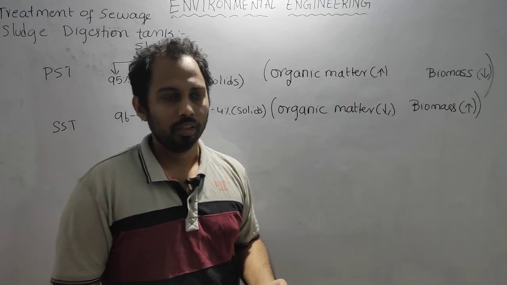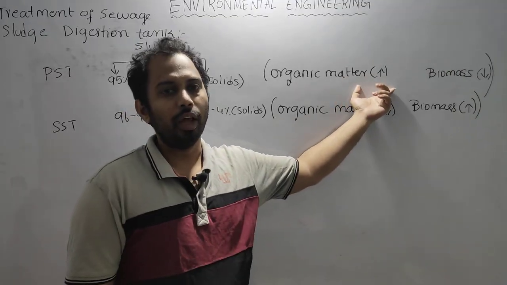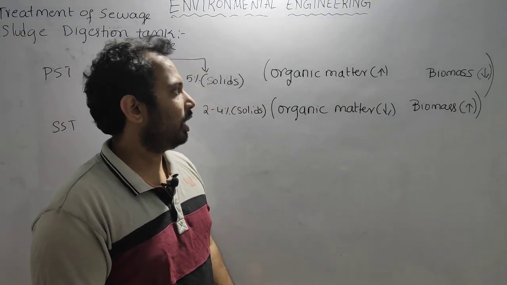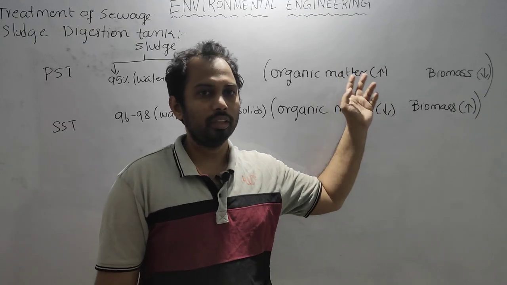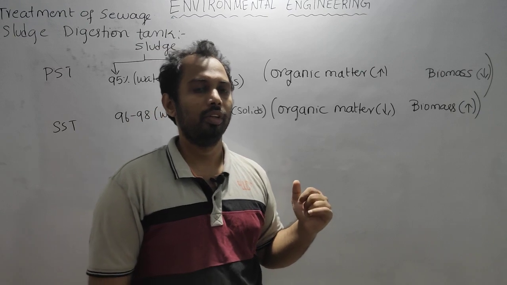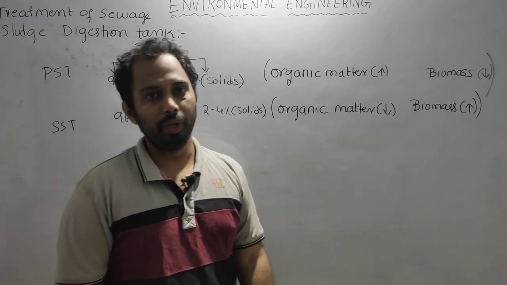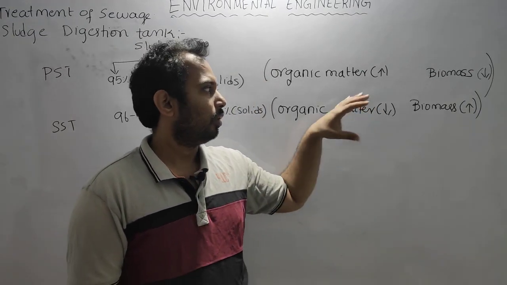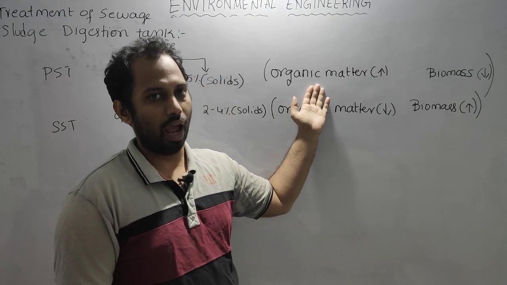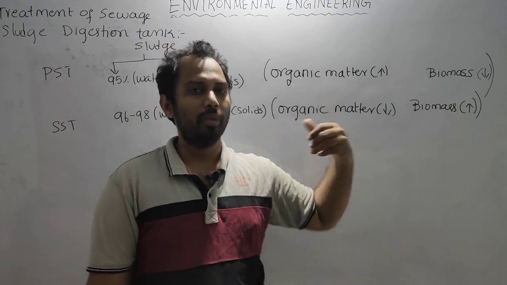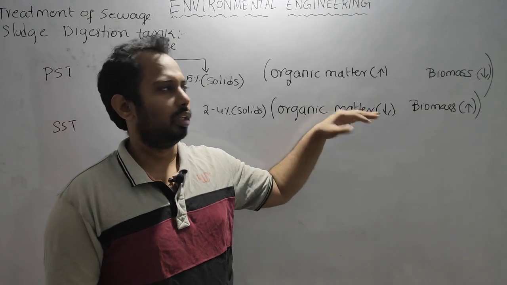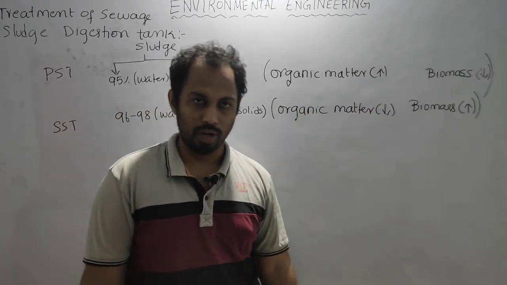So if you do this in aerobic, then what happens? We cannot control the biomass growth. So that is why this kind of sludge, where the organic matter is more and biomass is less, we need to treat in the anaerobic state. Overall, as this is the major organic matter content, because the organic matter is already mostly consumed, from the organic matter point of view we generally take all of them under the anaerobic state only,